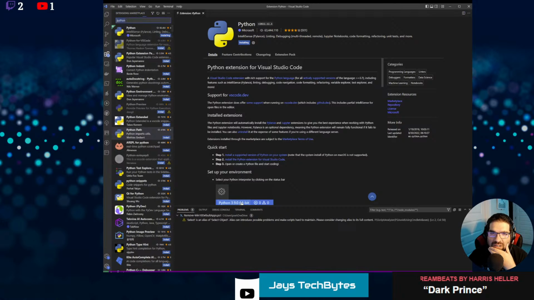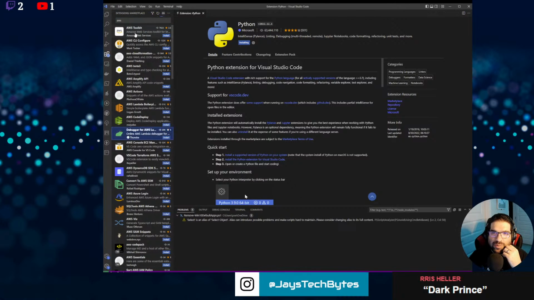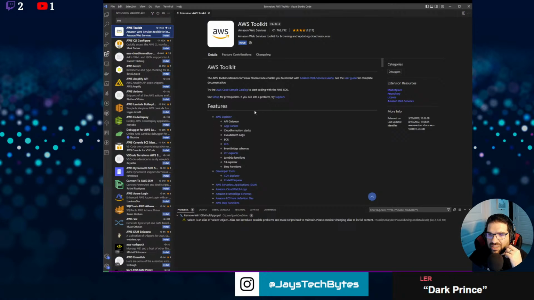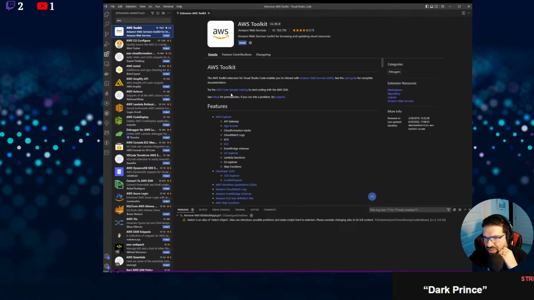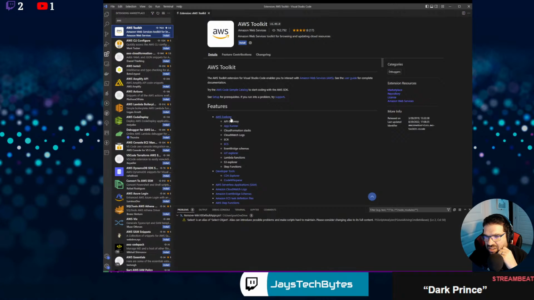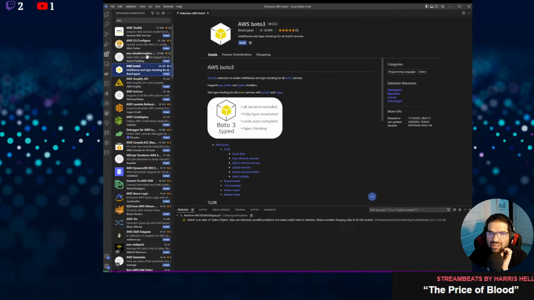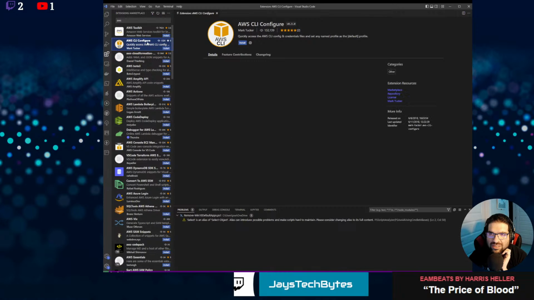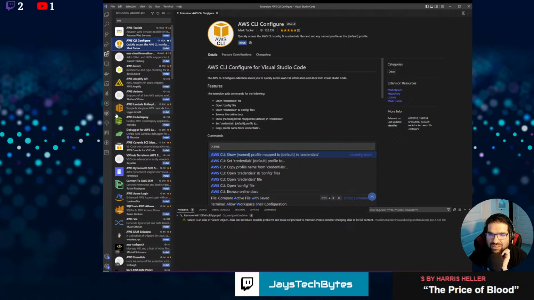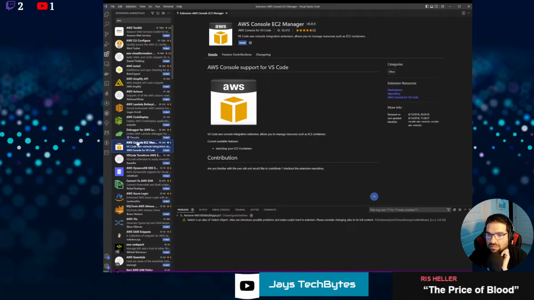And then you can just type here AWS. You'll come up with also some things here. AWS Toolkit. See, this helps you. This can help you interact with the services directly. Oh, this is actually a pretty good one. I'll have to use it later. So this one also gets you the function to connect to AWS, like Boto3, CloudFormation templates, AWS CLI configurations, EC2 manager.